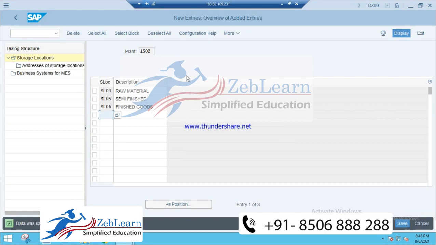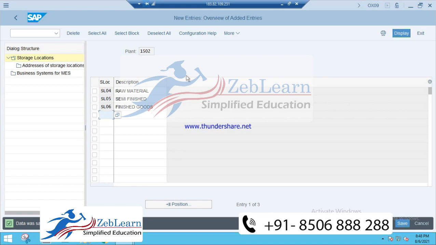Okay. But here I have a small doubt. Description can be anything, but storage location ID, that also can be anything in 4 characters. Like, it cannot be same, right? It should be unique. Yes, you should keep it unique, so that by seeing the storage location, one can easily identify in the factory which location we are talking about. Okay, so that's why we keep it unique.